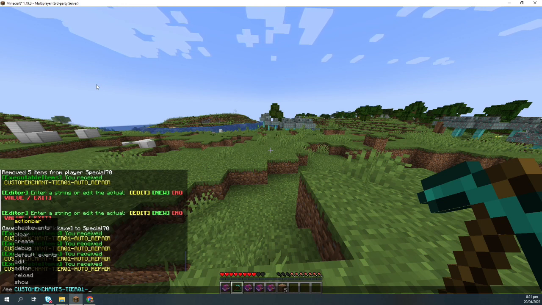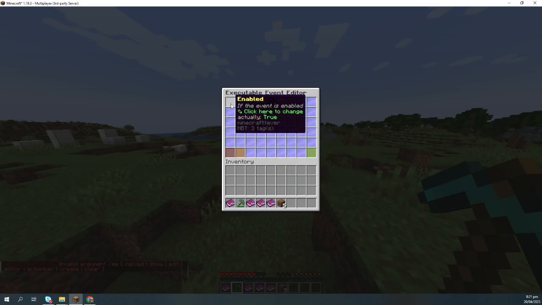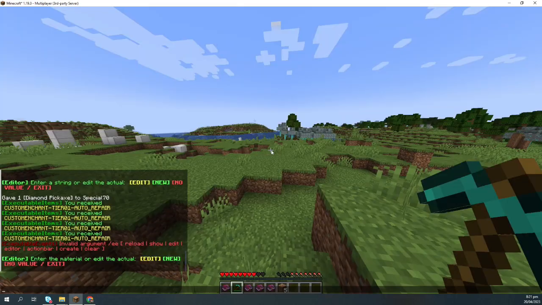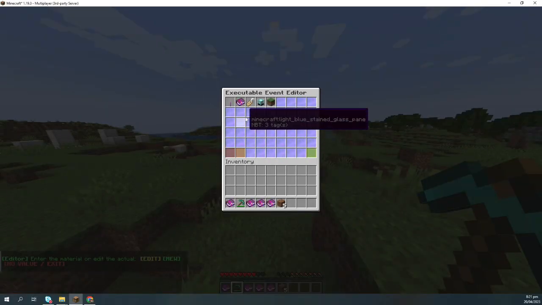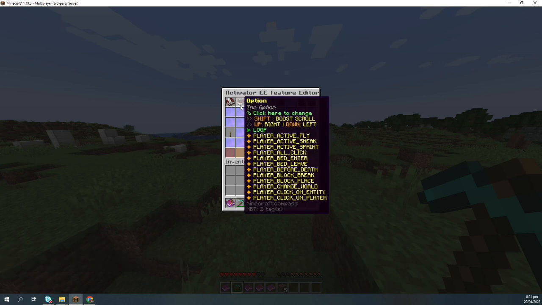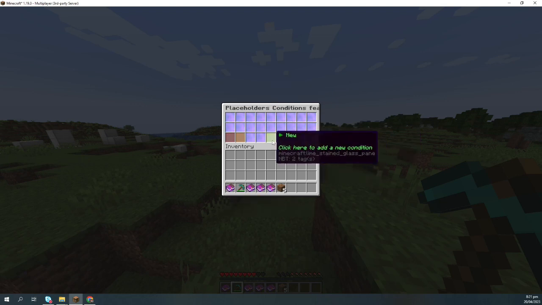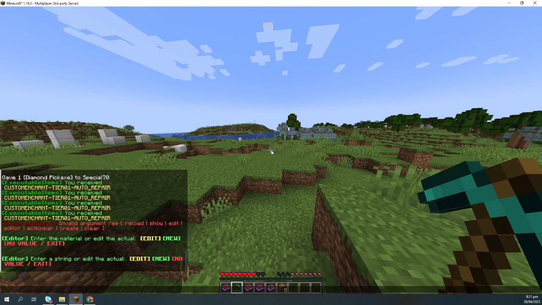so if I want to check for it again, it will be easy to find it. Oops. And then let's just type enchanted book, so we would know what kind of activator this would be, and then let's use this activator, and then go to placeholder condition string,